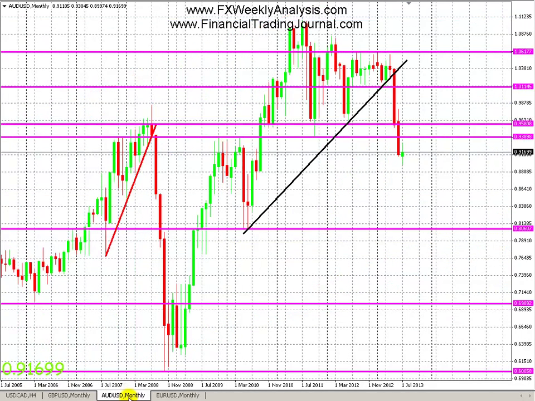Up next we have the Aussie dollar. As you can see, we have a green monthly candle right now, and currently it looks like a doji. But this doesn't mean anything. We have 2 weeks left or a week and a half left before this month closes. So until then, it's too early to tell what's going to happen on a longer time frame.